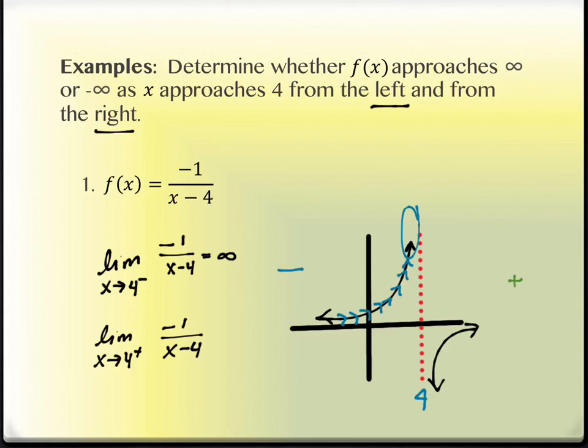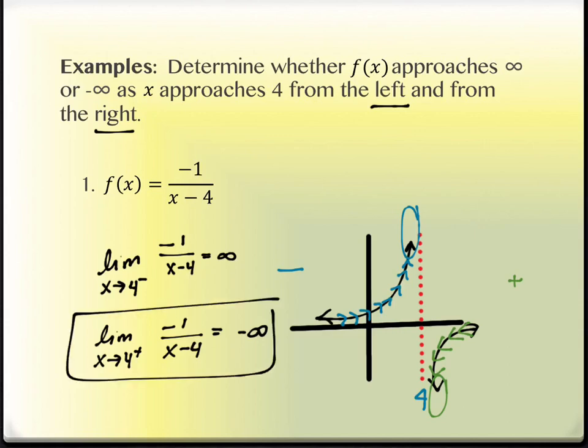So if I'm approaching from the right side, I'm going to have to be tracing along my graph, and by graph I mean the curve that it sketches, not the axes. The axes is just a reference point. It's not really the graph. The graph is this piece. So as I'm going along here, what's happening to these values down here? They're getting infinitely small. And infinitely small is negative infinity. So these are the answers to the question.